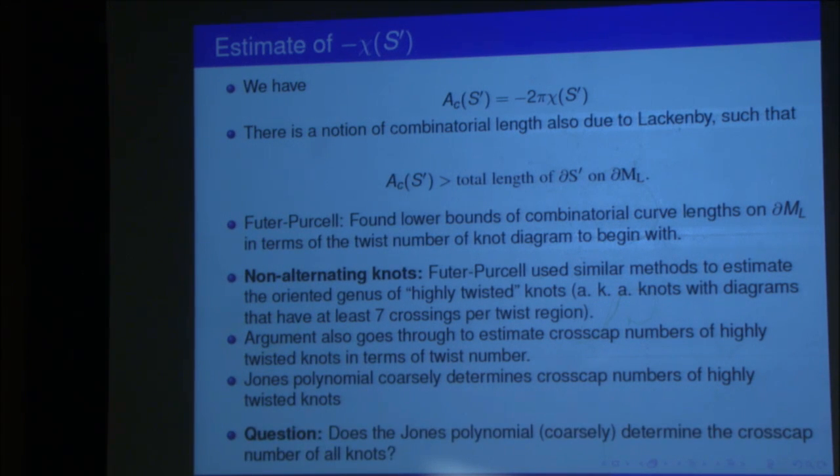All right. And I just want to finish with a question. So the question is, does the Jones polynomial determine the crosscap number of knots? Coarsely, is there a relation? I don't know at all. But the answer to what got it started is the Khovanov homology business, as I said. And